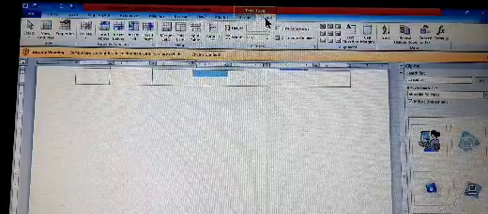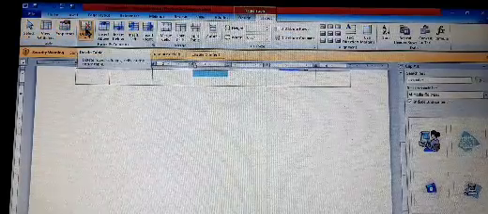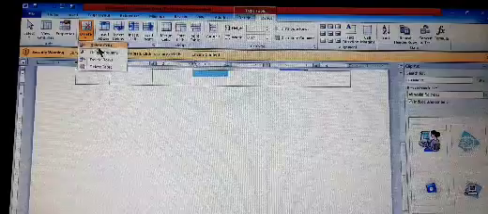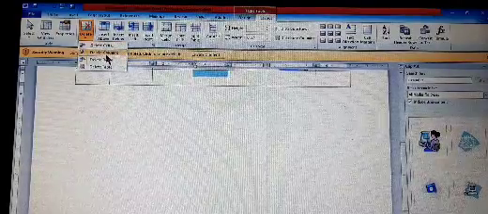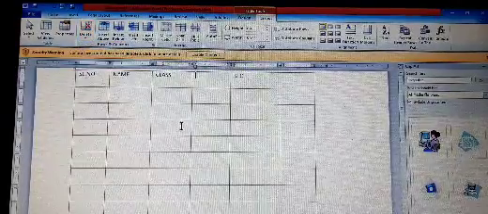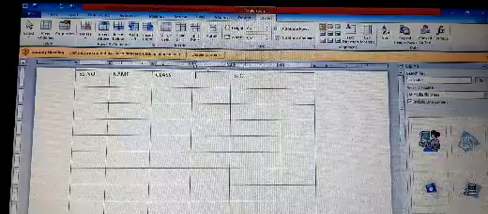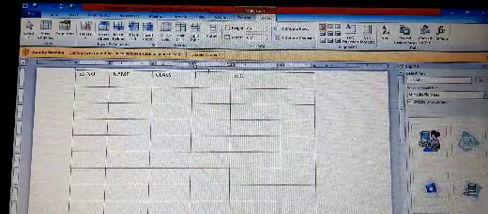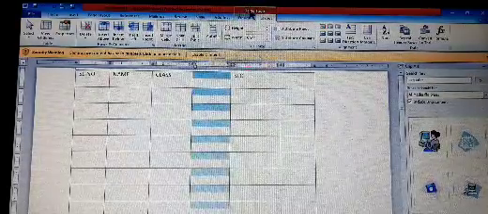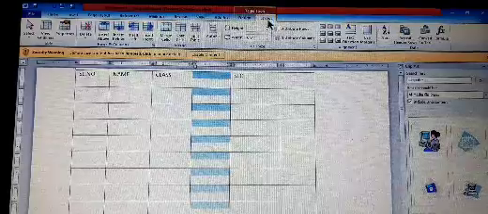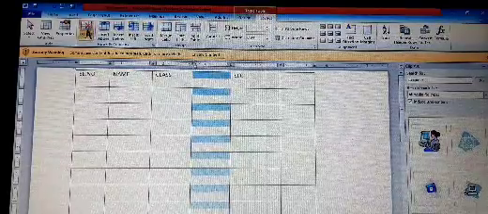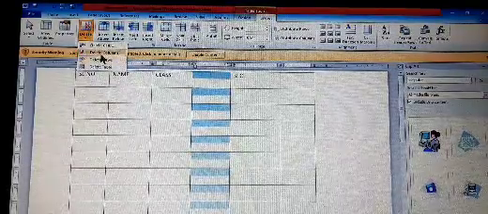Table tools: first select table tools, then go to the layout tab and then select the delete options, delete columns. Select the column to be deleted, then go to the table tools layout tab, then delete columns.